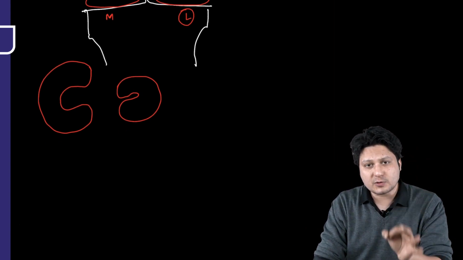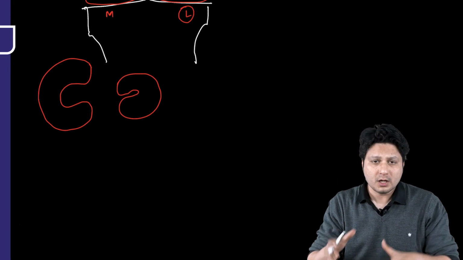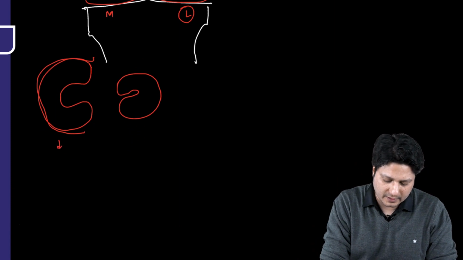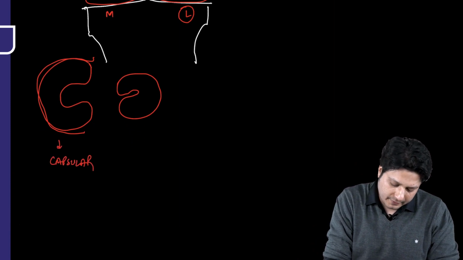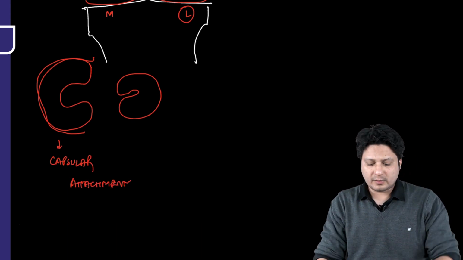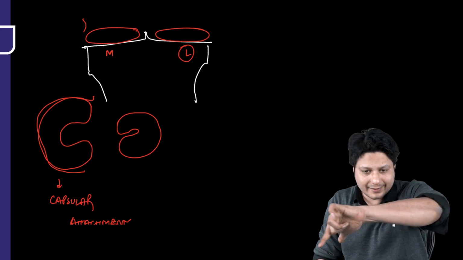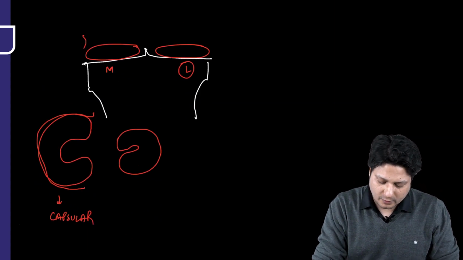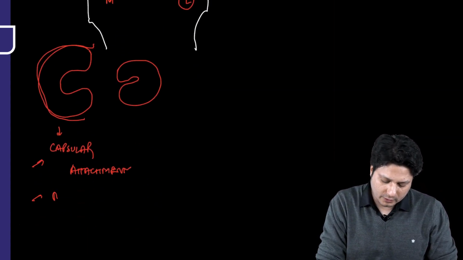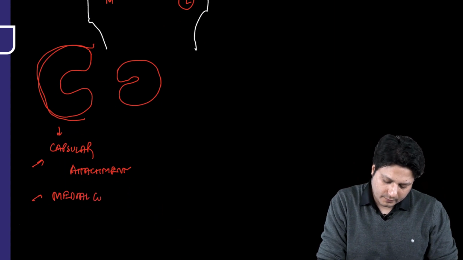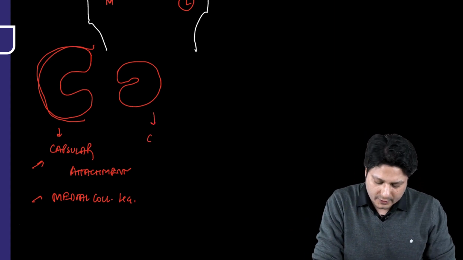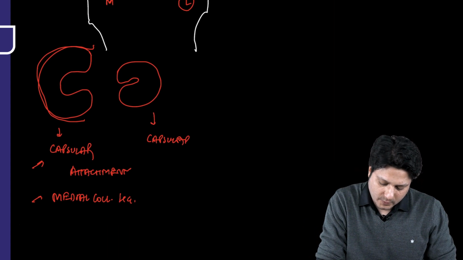Now, as far as the attachments of these two menisci are concerned, the medial meniscus is attached to the capsule in its entire periphery. So the medial meniscus is completely enclosed by the capsule. It has a complete capsular attachment. And the medial meniscus is also attached to the medial collateral ligament. While the lateral meniscus also has a capsular attachment,